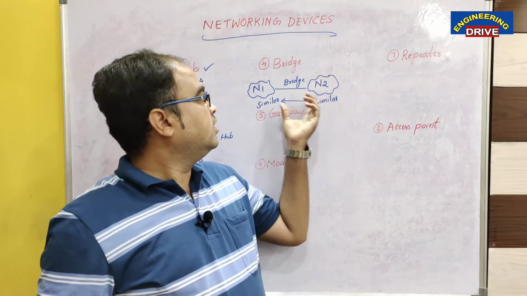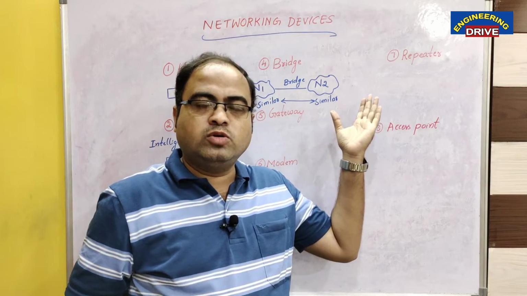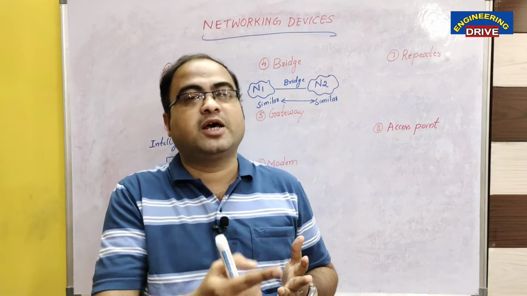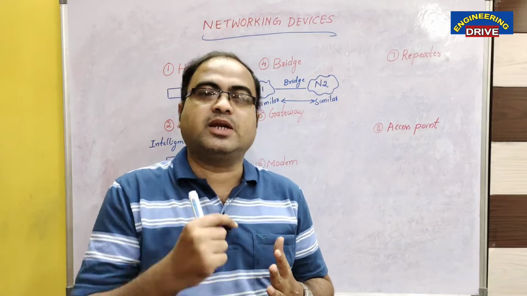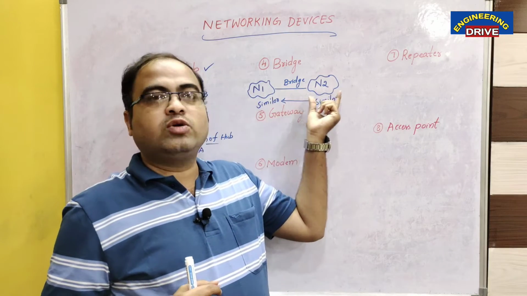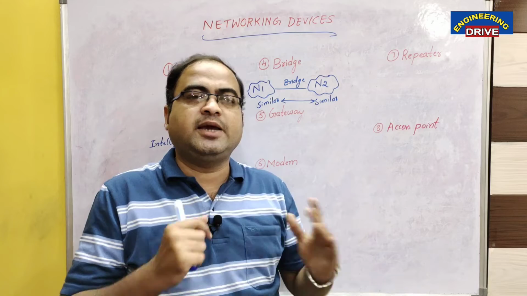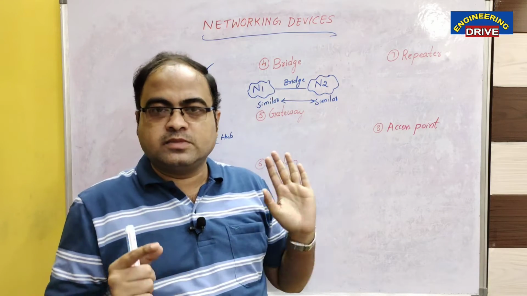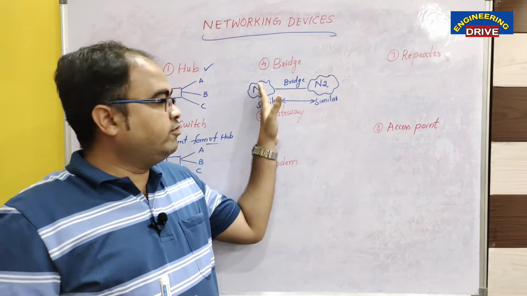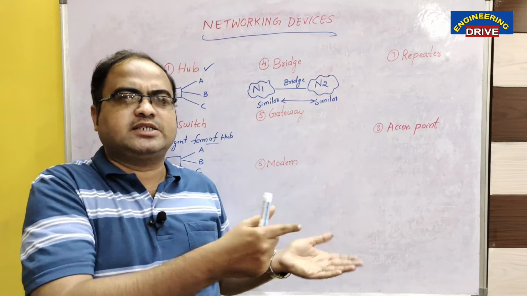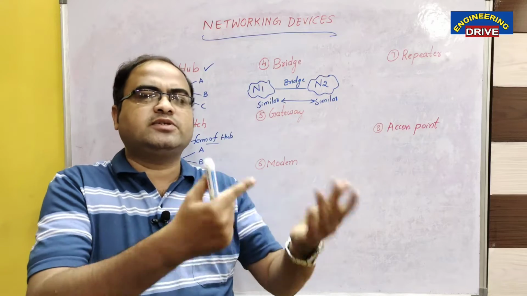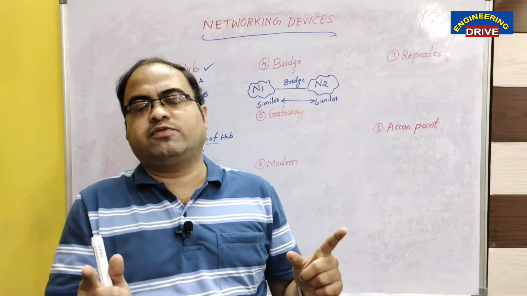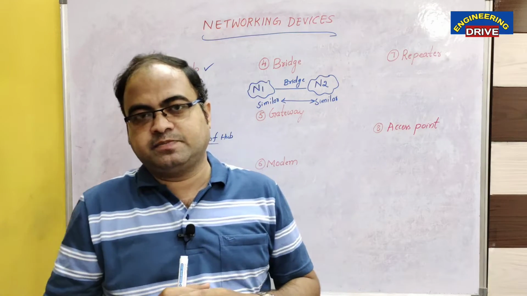Similar networks means both network 1 and network 2, they should be having the similar hardware configuration. They should make use of similar protocols and they should make use of similar software. Then we can say these two N1 and N2 networks are same. These type of networks can be connected by using bridge. Is it right, my dear students? So N1 is a network which is having multiple devices connected to each other. N2 is a network which is having multiple devices connected to each other. These two types of networks can be joined by using a bridge.